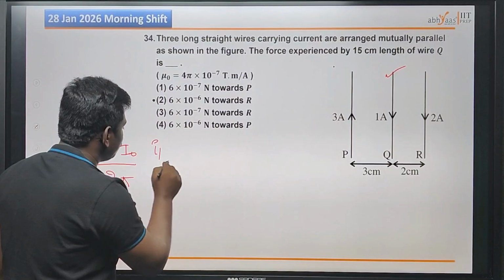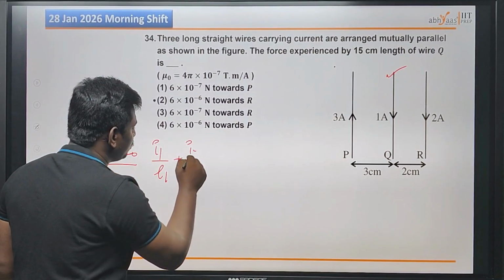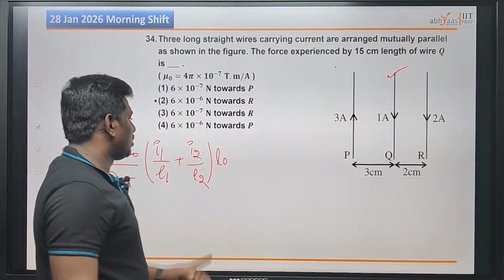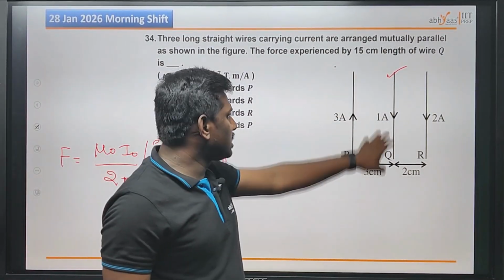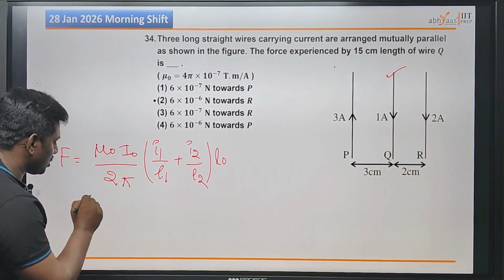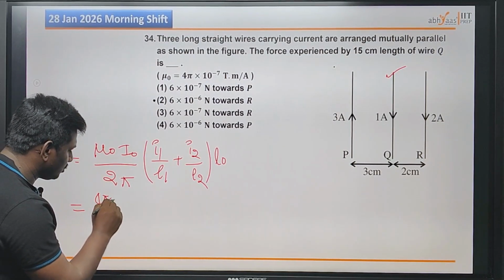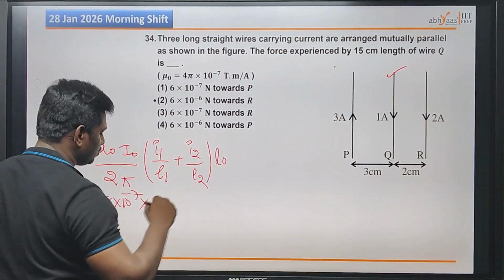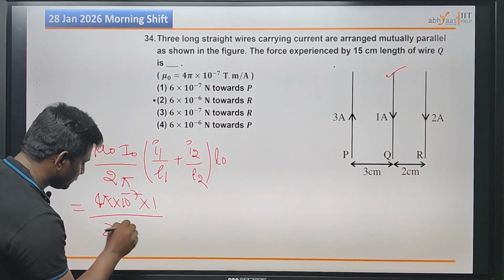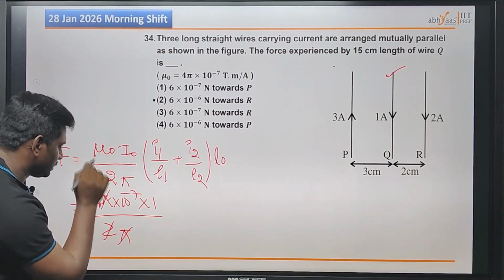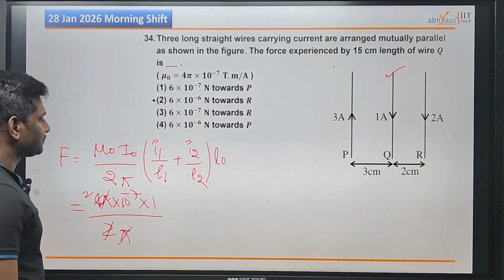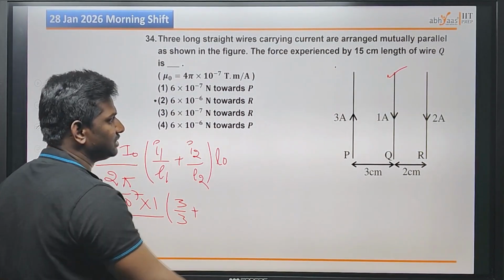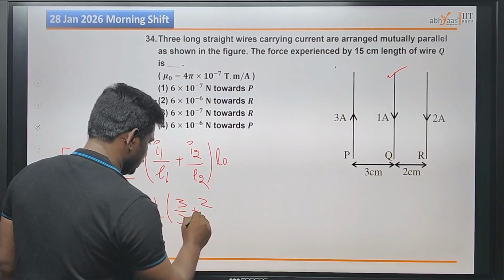Okay, I1 by L1 plus I2 by L2 into L0. L0 and I0 belong to the Q conductor. So see here, mu naught 4 pi into 10 to the power minus 7 into I0. What is the I through the Q? That is 1 by 2 pi. Pi gets cancelled and 2 gets 2 times. What is I1? 3. So 3 by 3 plus I2 2a by